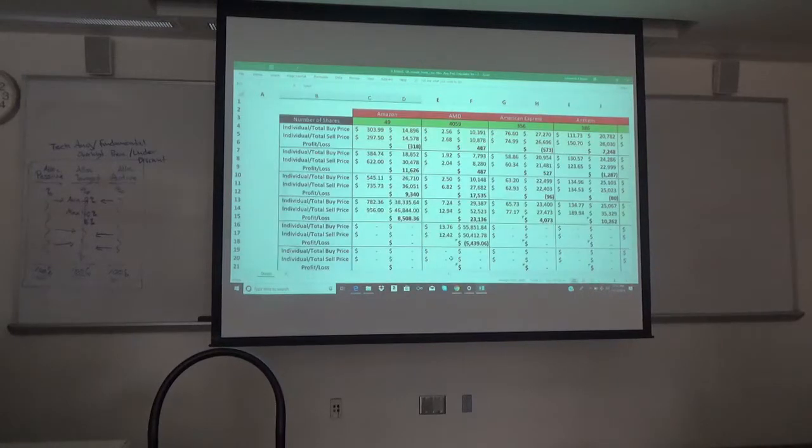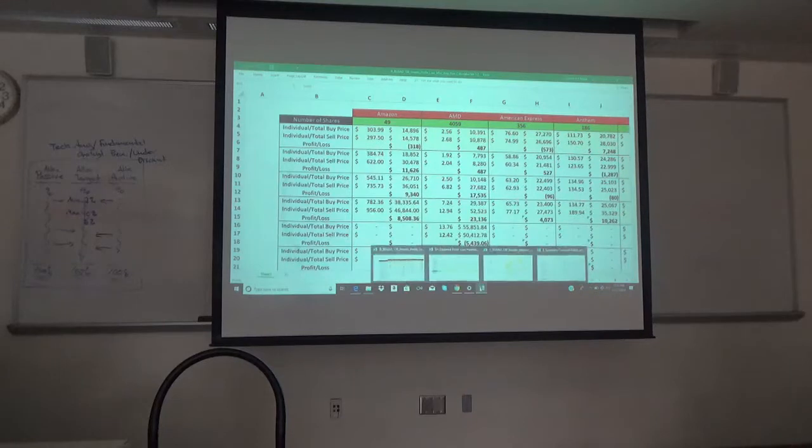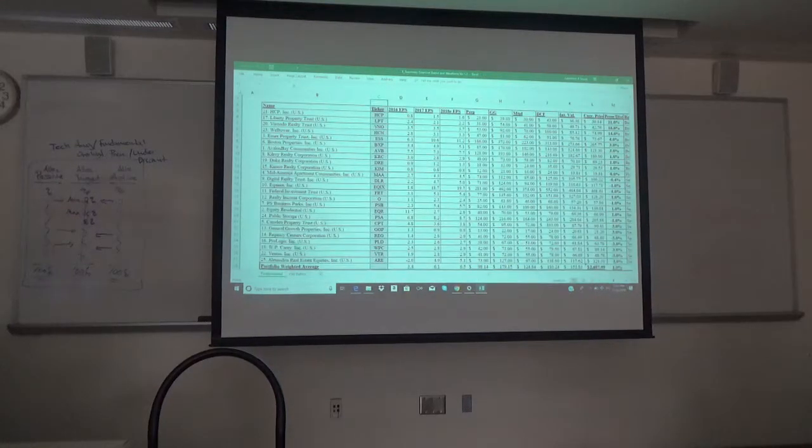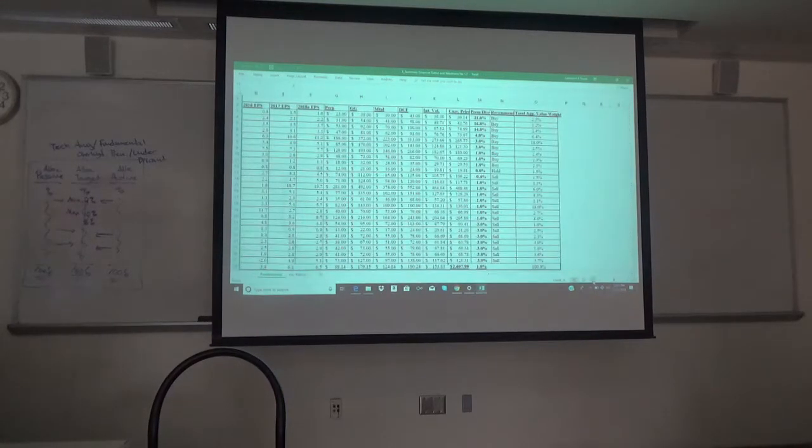Noah Stone did a worksheet for us that basically showed, actually, this might actually be it. Oh yeah, this is it. So the financial ratios worksheet